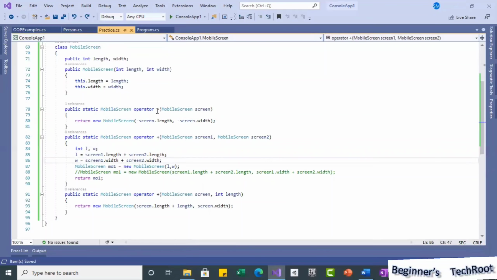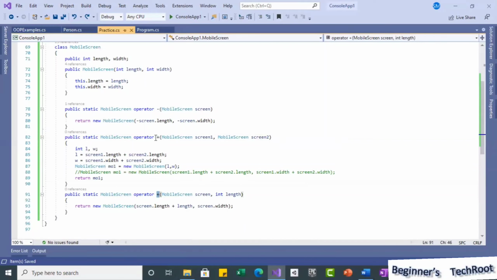So this is the minus as a unary operator we used, and here plus as a binary operator with two parameters, both of the same type. And here again the plus operator, but one of the same type and another one of integer data type.